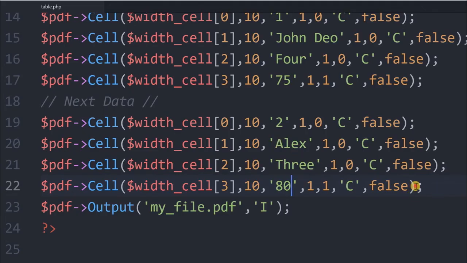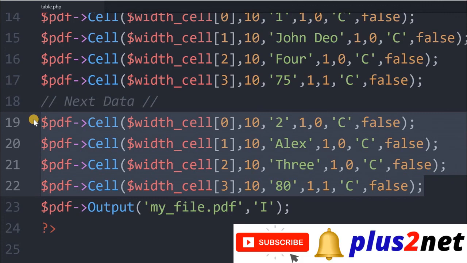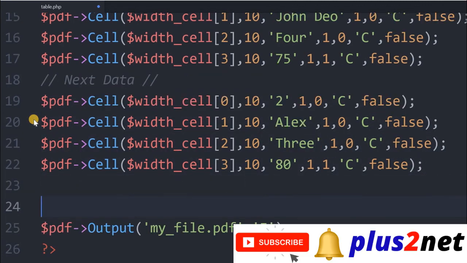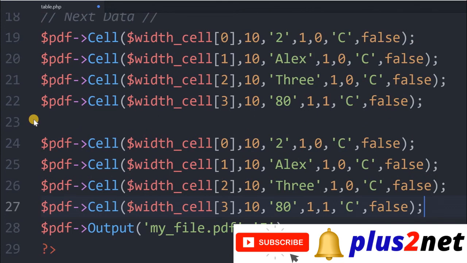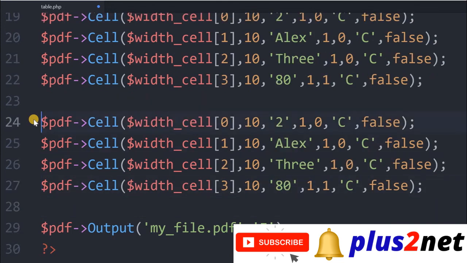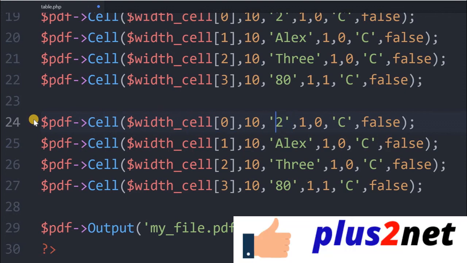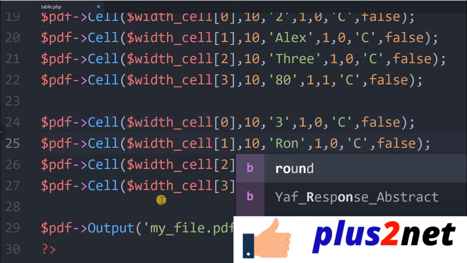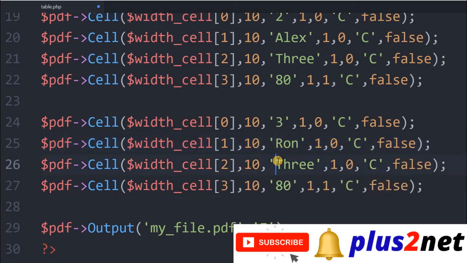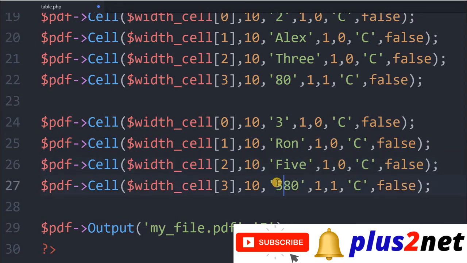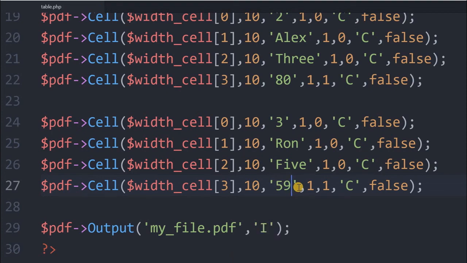Like that, we will add one more row. Actually, when you collect the data from the table, these rows will come inside a loop. So only one row you have to configure, and the rest of the data will be filled inside the loop. It is the same. So we should change the ID to 3 now. Name, let us give Ron. Fine. Now class, you can give 5. Mark, anything, let's give 59. Fine. So one more row of data is there.